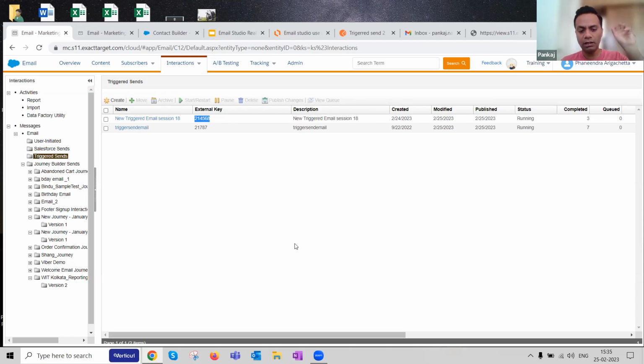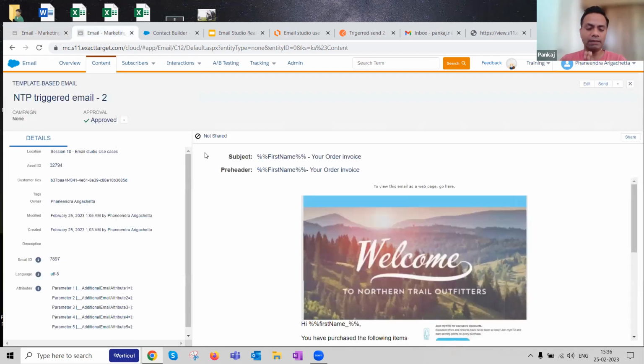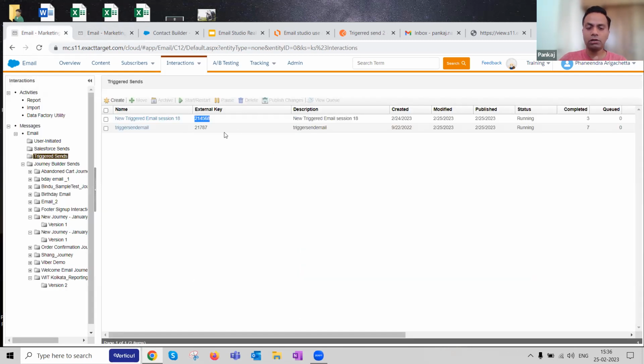First, simulating that Magento experience in Postman, creating those APIs, getting the authorization, and then triggering those APIs to a particular external key of a triggered send, which is already pre-configured over here. I had pre-configured the email content for this demo, but in real life I'll create that and call that content in this triggered send definition.